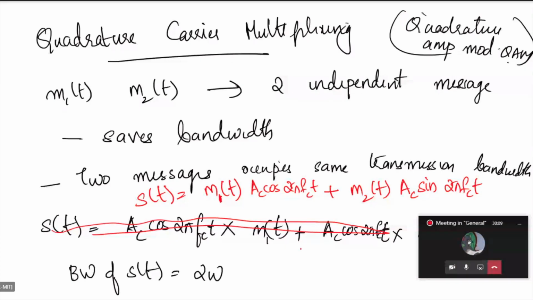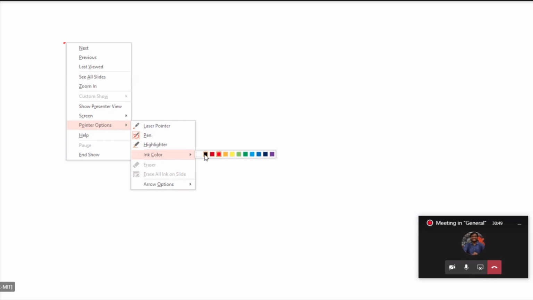If W is the maximum bandwidth, whichever of m1 or m2 has the maximum bandwidth, twice that is the bandwidth, whichever is the largest. If m1 has a bandwidth W and m2 has a bandwidth less than W, the bandwidth of the transmitted signal will be 2W. So the block diagram for this quadrature carrier multiplexing is